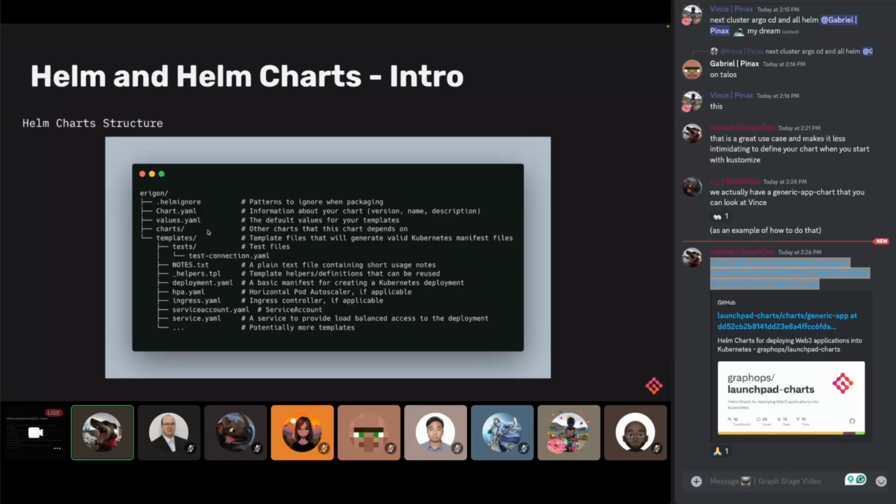Some comments on where we are with Launchpad charts. None of our charts use subcharts, and we haven't yet added testing, but we will add testing at some point. Okay, so that's what you get when you run helm create. But for the purposes of today,